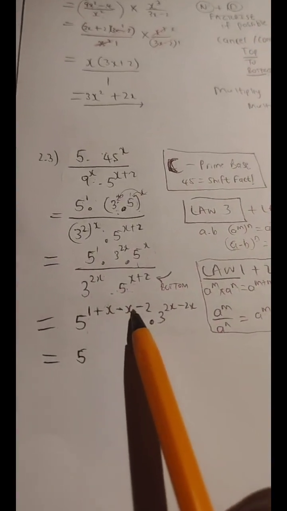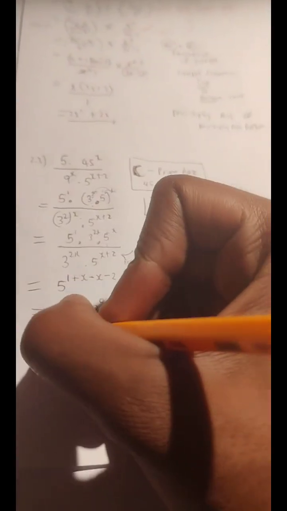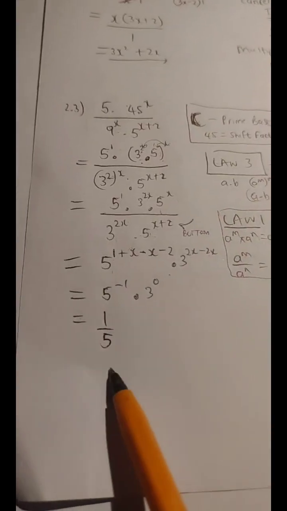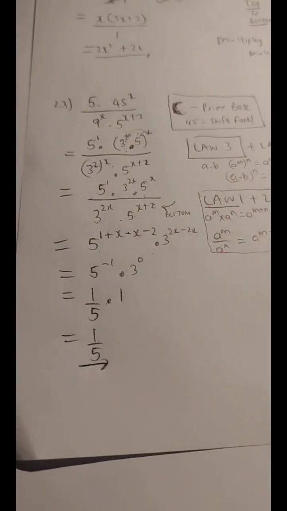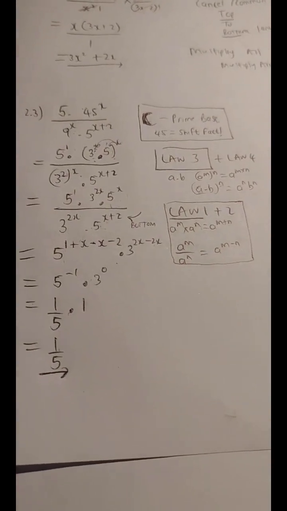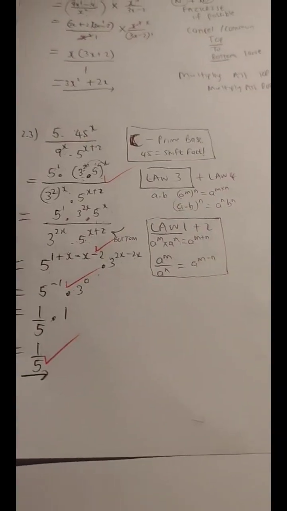x minus x is 0. 1 minus 2 is negative 1. For base 3, 2x minus 2x is 0. 5 to the power negative 1 according to your laws is 1 over 5. Times 3 to the power 0 is 1. Final answer, 1 over 5. That is our final answer. And it's as simple as that, guys. Okay, 1 over 5. There. Okay, this is one way of doing that question. Someone else who was doing this question,